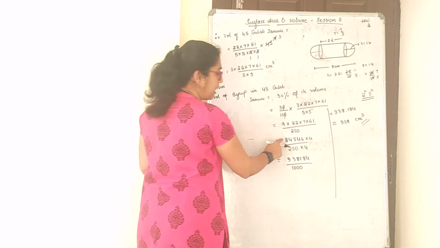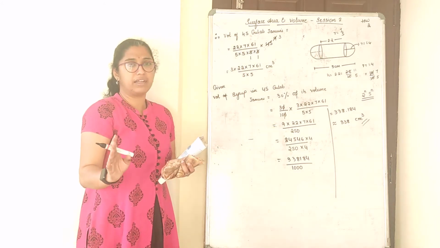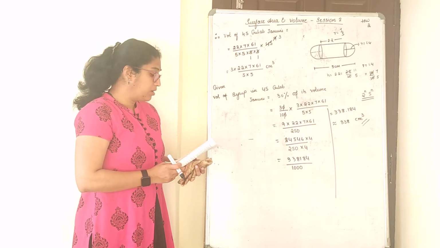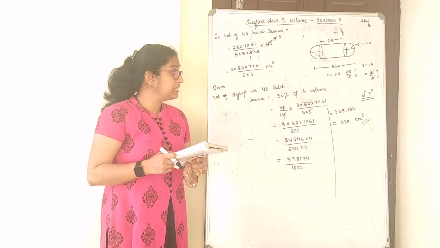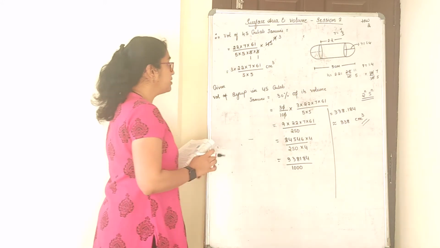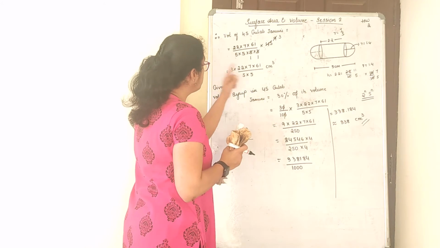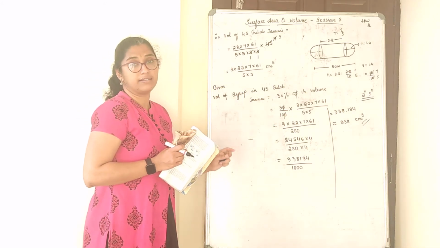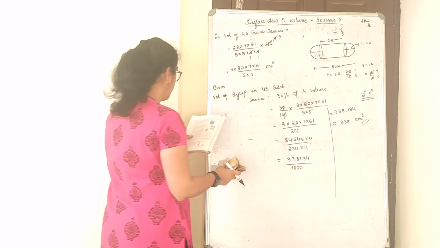Our only task was to calculate this once and this a second time. That's all, two major calculations that we have done till now. Answer is 338. So the volume of syrup in approximately 45 gulab jamuns is 338 centimeter cube. Okay, quite a lengthy sum, but if you do it systematically, you will get the answer right. From the beginning itself, if you go on multiplying, dividing till the end, you will never get the answer like that, because you will mess up one or the other division or multiplication here. Next one.